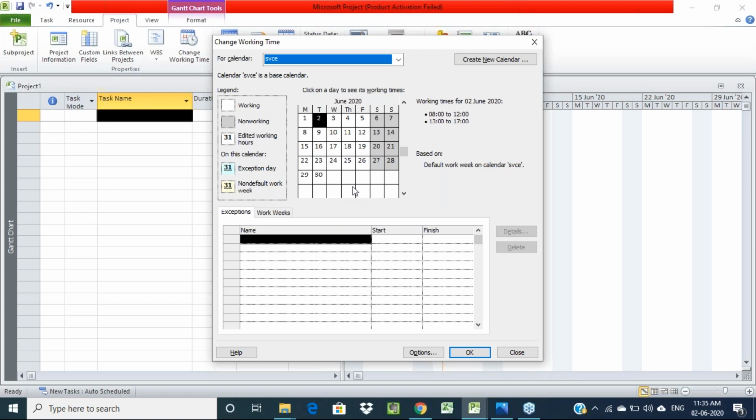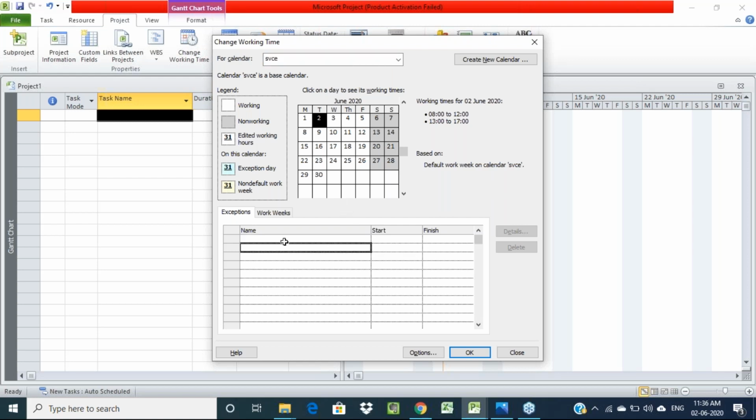For each and every project, we need to set one base calendar first. For that, we have to select all this working time and working days in a month or in a week. Whatever it is showing here is a standard one. In that, we are creating one separate calendar for our project.